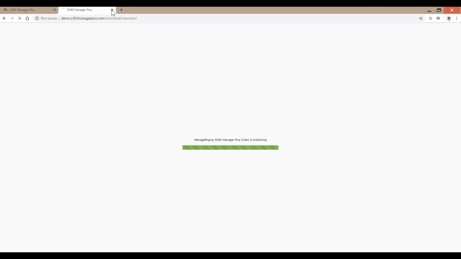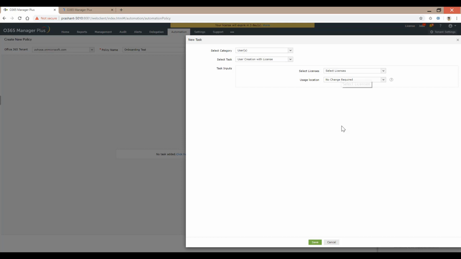Just a quick second. So what we are trying to do right here is to build an automation for provisioning users with licenses. You could very much do that here. Once your license configuration is done right, you'd be able to fetch the right licenses for the user and go forward doing it. Yes, I seem to have got it.